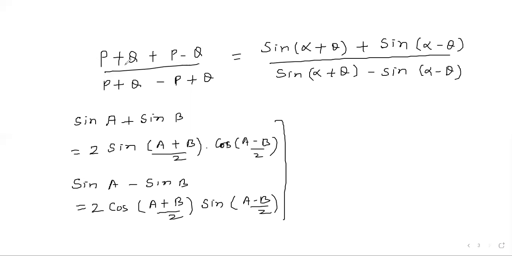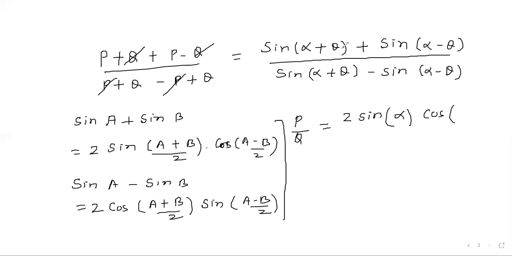So here in LHS, we will get 2P upon 2Q, that is P upon Q. We can write it P upon Q equals, here if we apply the formula, it will become 2 sine theta plus alpha plus alpha minus theta by 2, that will give, according to this formula A plus B by 2, sine alpha, and then cos here,